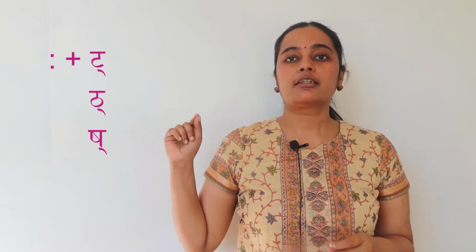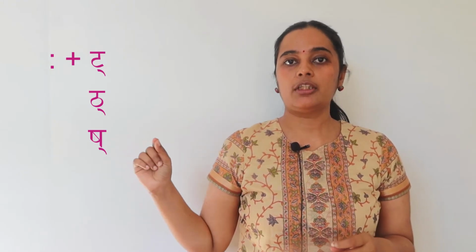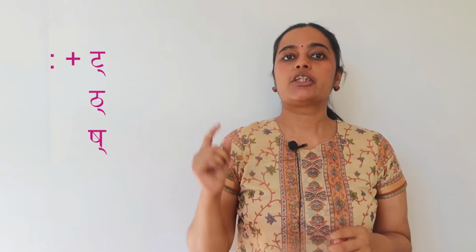The 4th form of visarga is shakara. I have made a separate video on the difference between this sh and this sh. If you want more clarity on that, please watch this video. If after the visarga there is t, th or sh, then the visarga becomes sh. I could not find any verse from the Vishnusahasranama which has this particular kind of modification of the visarga. So I will give some individual examples. For example,